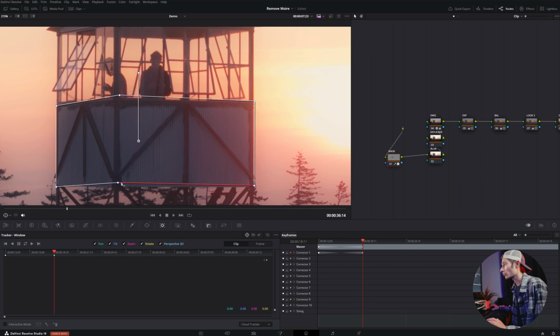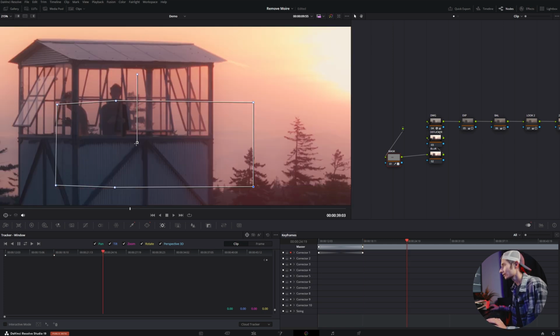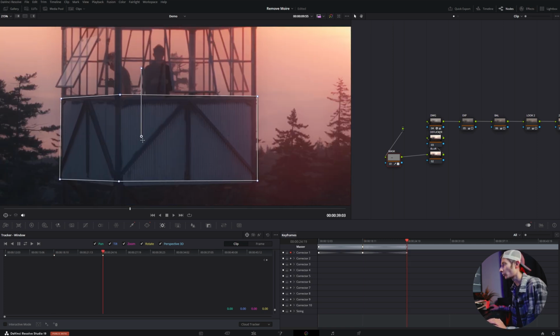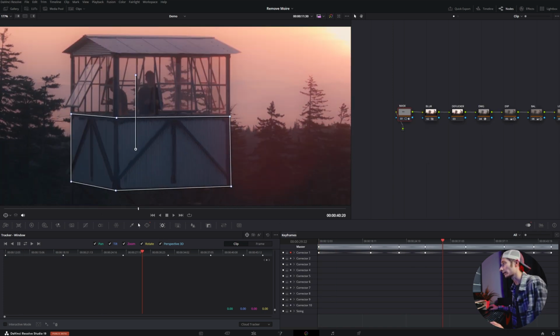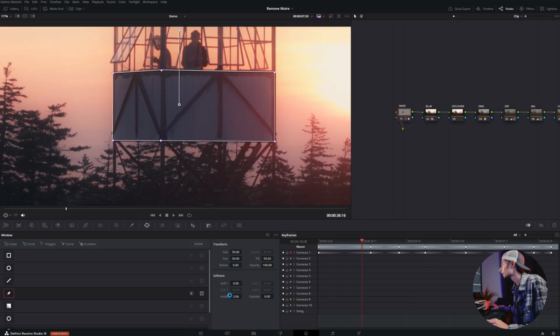So I'm going to just jump to this point in the clip, fix that. I'm basically just lining up the corners. You don't have to do this if your initial track worked, but unfortunately for me, it didn't work for this clip. And trust me, I've tried a million other ways to do it. I know for this clip, I have to manually mask it. So, you know, you just do that and you get it to the point where it looks good. Now I have a mask, and I did feather it a little bit. And so what I'll do from here is I'm going to take that mask and I'm going to plug it